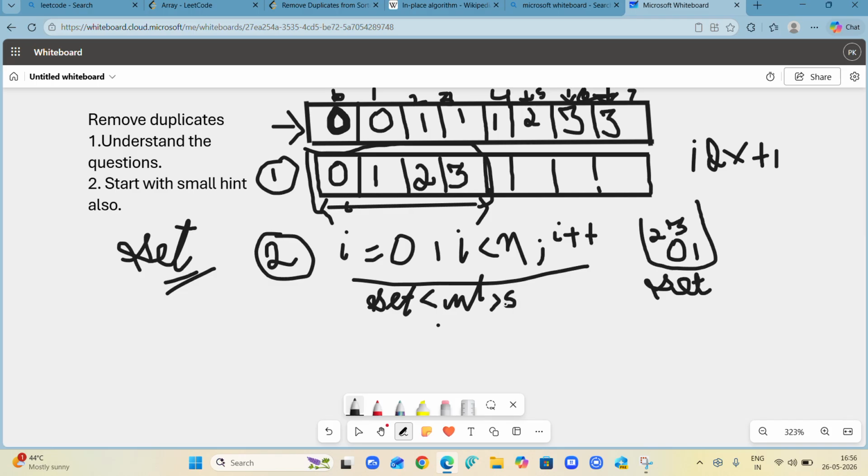Then you have to insert, so you do s dot insert array of i. If this one is an array or vector, whatever you take, you do s dot insert array of i.